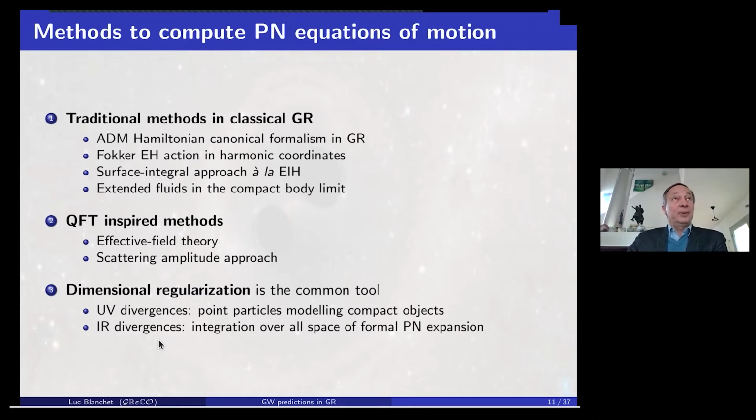And there is another type of divergences, infrared divergences, that are specific to the use of the post-Newtonian approximation. This is actually an artifact of the post-Newtonian expansion, but you have to deal with it if you use direct post-Newtonian expansions, and not, for instance, a post-Minkowskian expansion first. But if you use the post-Newtonian approximation, then you will have infrared divergences starting at a very high post-Newtonian order. And again, these infrared divergences have to be treated and solved by means of dimensional regularization.